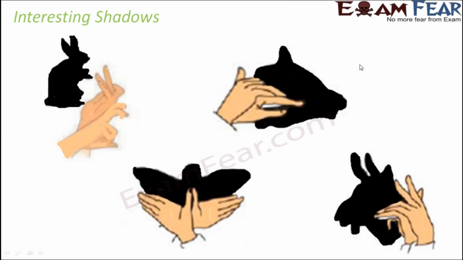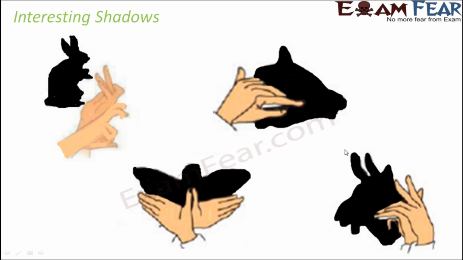So when we talk about the shape of shadows, we see a lot of interesting shadows which are formed with our hands. In fact, a lot of people know this beautiful art of making animals with their hands, making different postures, and when you look at their shadows, they look like animals. Look at this, with just two hands he is able to make a shadow which resembles a rabbit. Look at this, with two hands he is able to make something which looks like a flying bird. So that's how a lot of animals are shown with shadows.